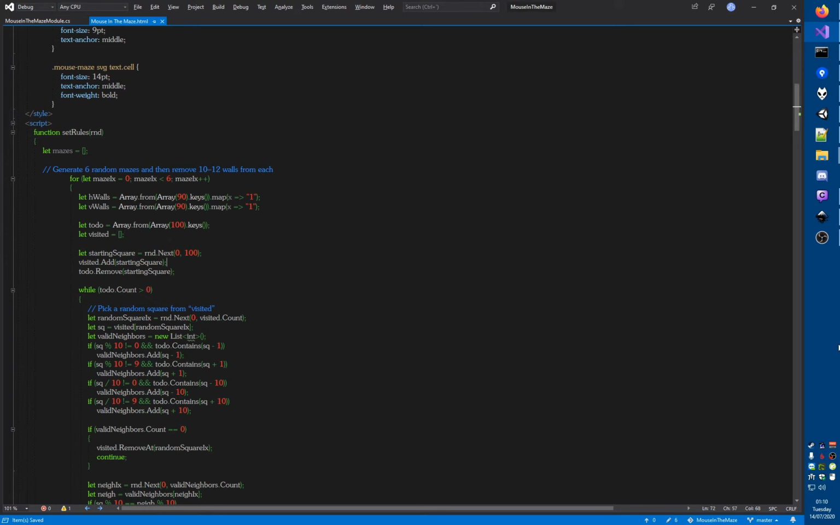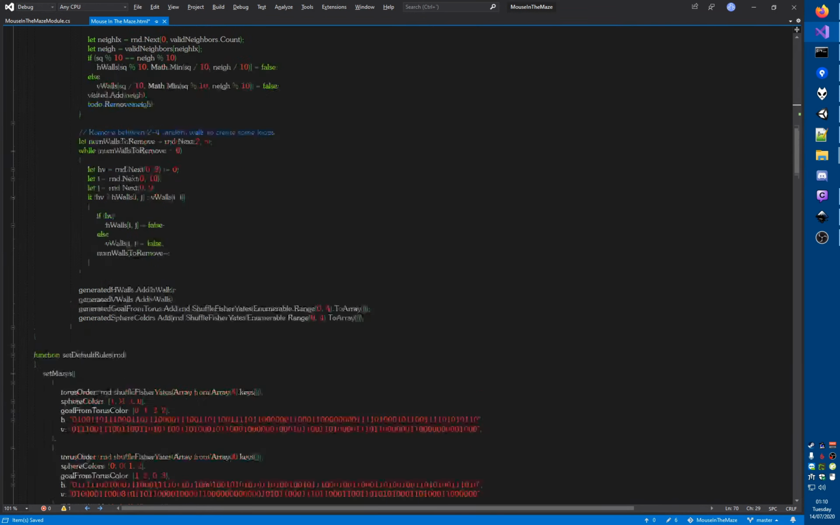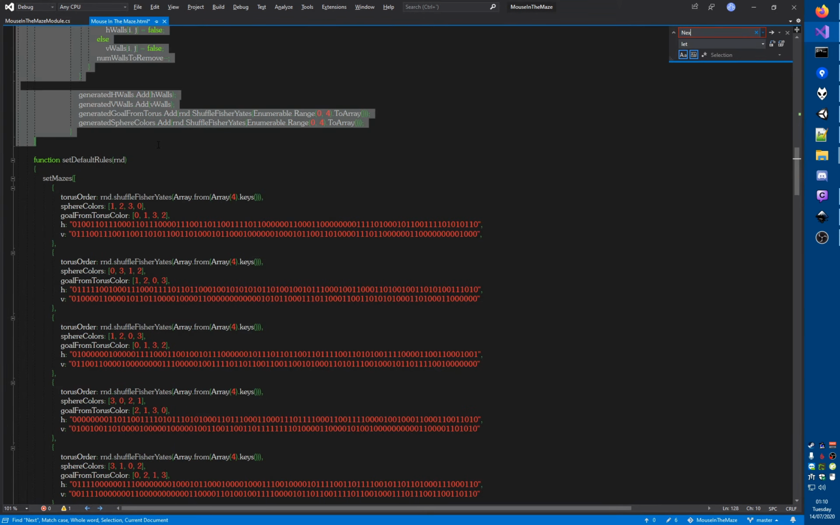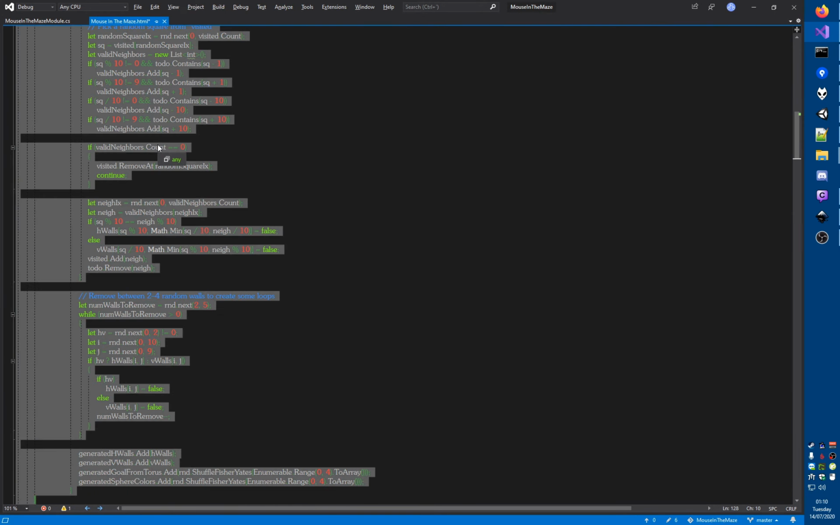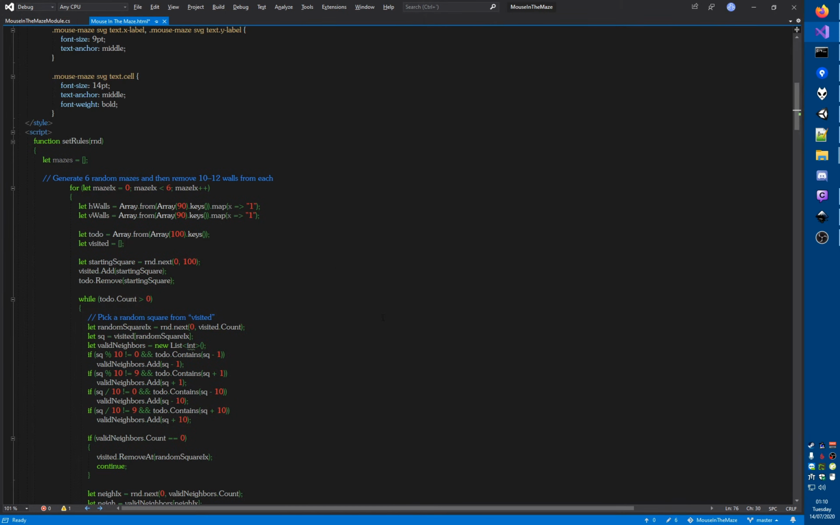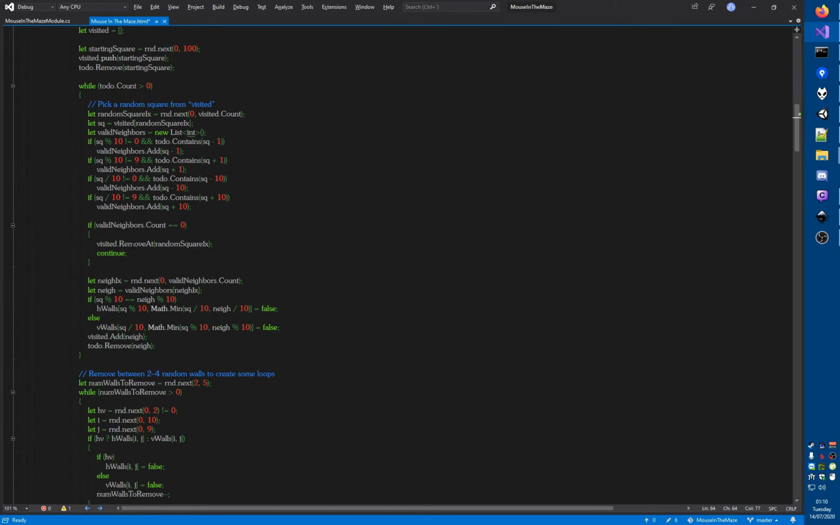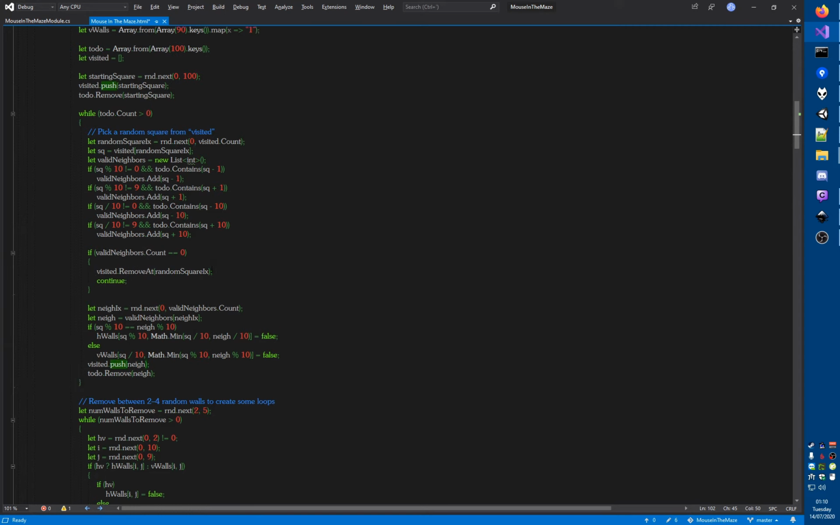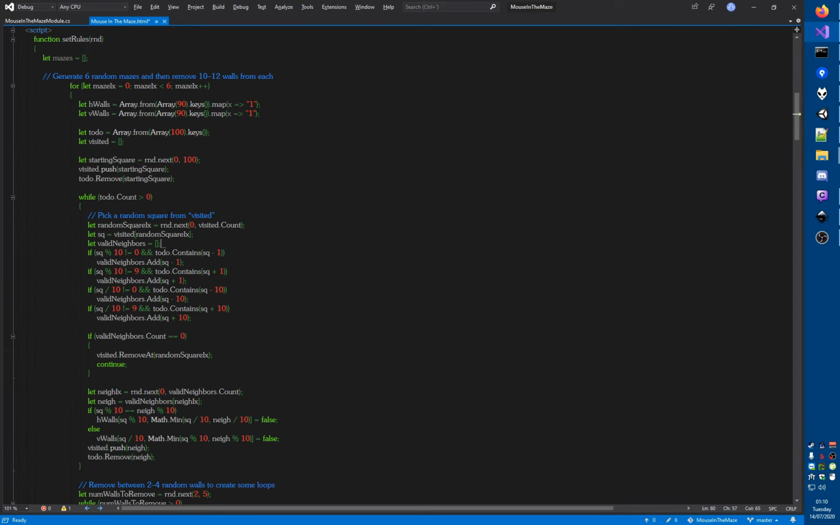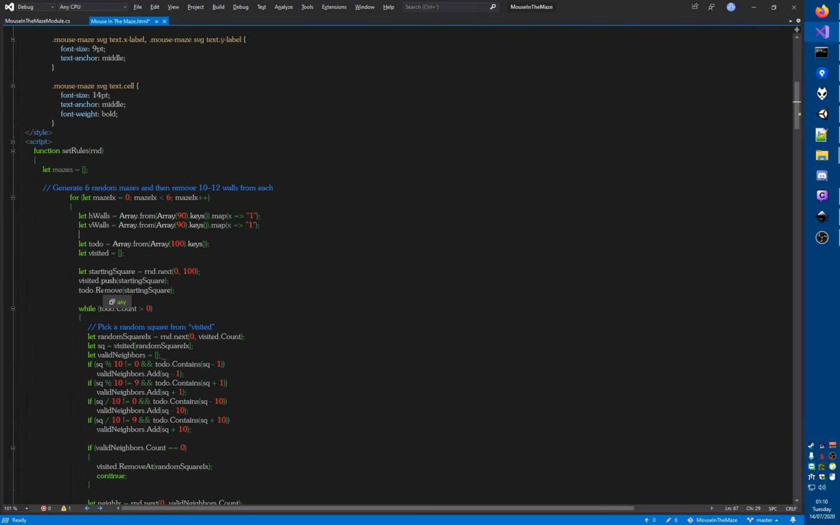The starting square is going to be rnd.next. Yeah, I need to replace all of the Next with lowercase next. There we go. Okay, so here add needs to be push, right? So wherever we have an add, we're going to change that to push. There's going to be a new array. Remove is going to be